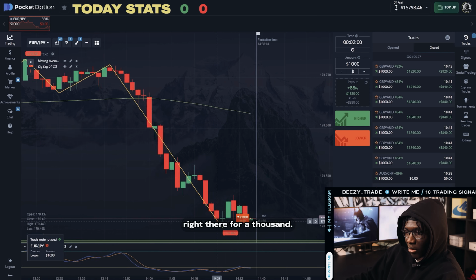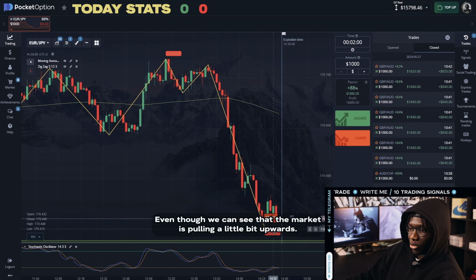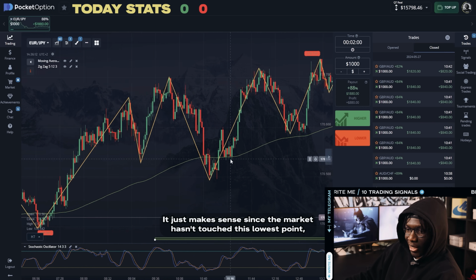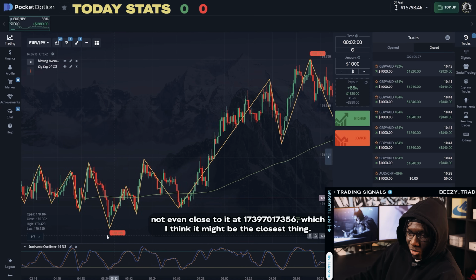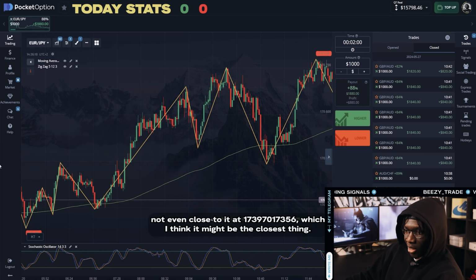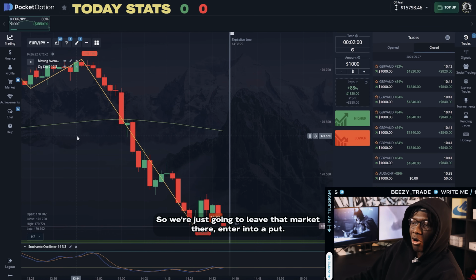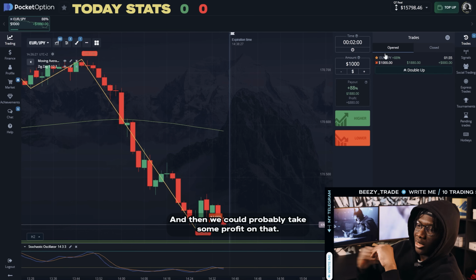right there for 1,000. Even though we can see that the market, yes, is pushing a little bit upwards. You can see some green candles here. It just makes sense that since the market hasn't touched the lowest point, not even close to it, at 173.97 or 173.56, which I think might be the closest thing. So we're just gonna leave that market there, enter into a put, and then we could probably take some profit